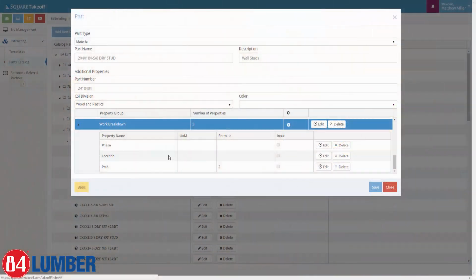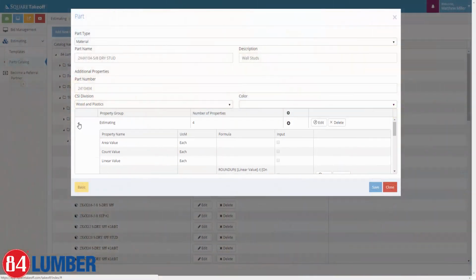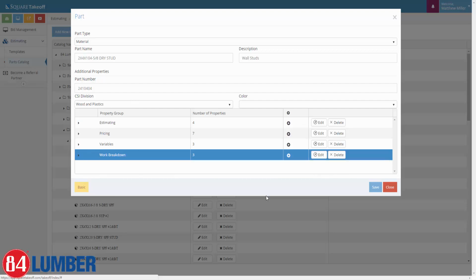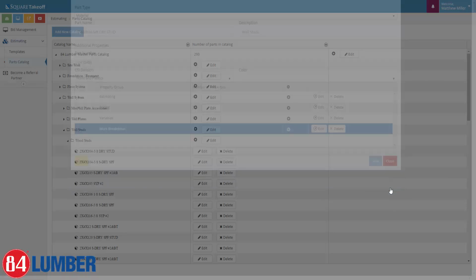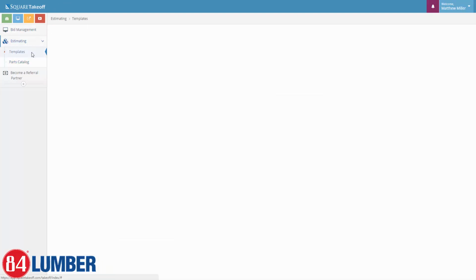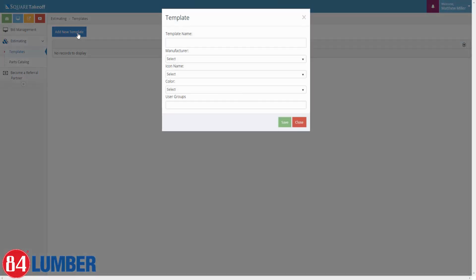So let's go ahead and dig in a little bit more to how to utilize these to build templates. Let's hit close. If we go within our template screen, we can select what's called add a new template. By selecting add a new template,